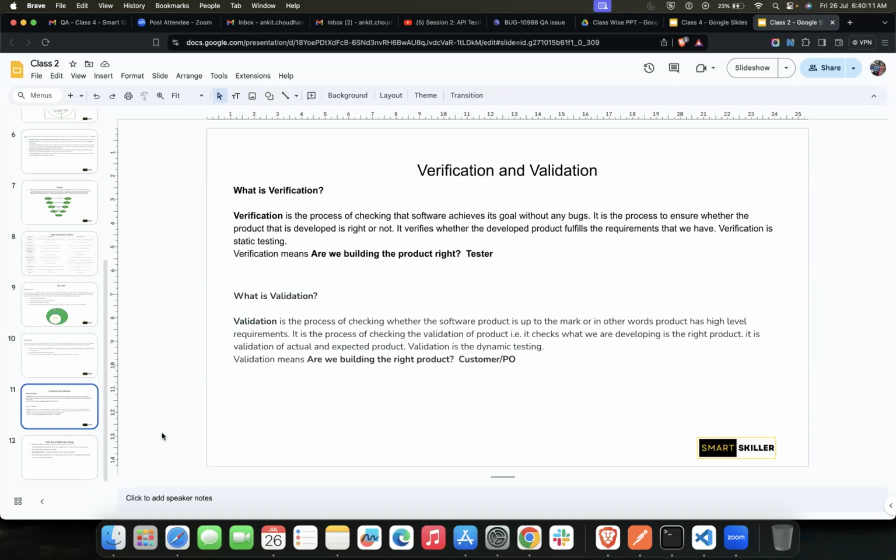Now, coming to the validation process. Validation generally means that everything is okay from the organizational perspective. We have achieved a certain standard of development.